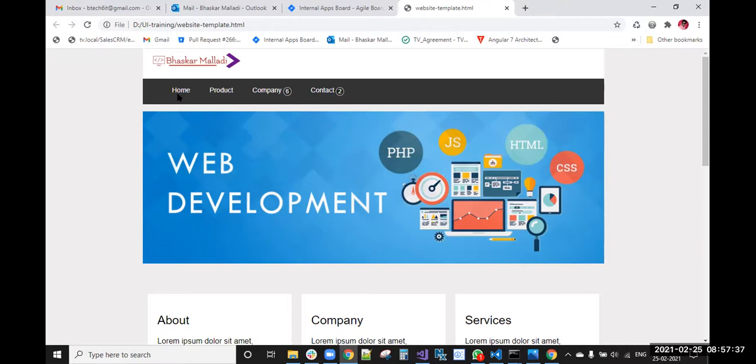These menu items should be side by side in the small devices, up to 1200 pix. It should be side by side. We can give up to 768 also, so it will be fine. So it will not break up to 992 pix actually. Small devices 991 pix, up to 991 pix we will keep these items here only. Below 991 pix we will break this: home, product, company will move one by one down. Home, product, company, contact, like that we will make this, and this image will be the same in all devices.